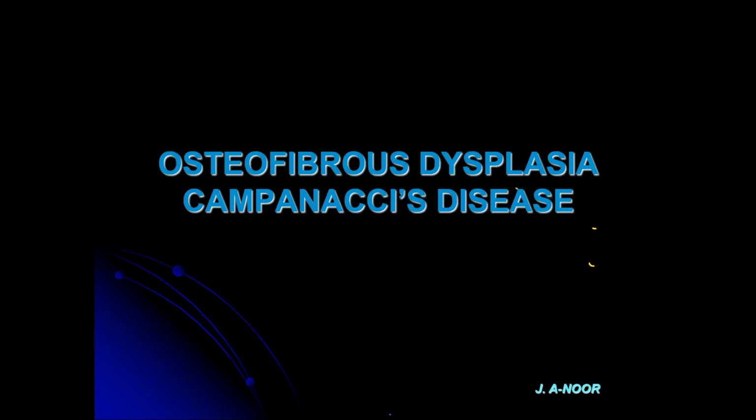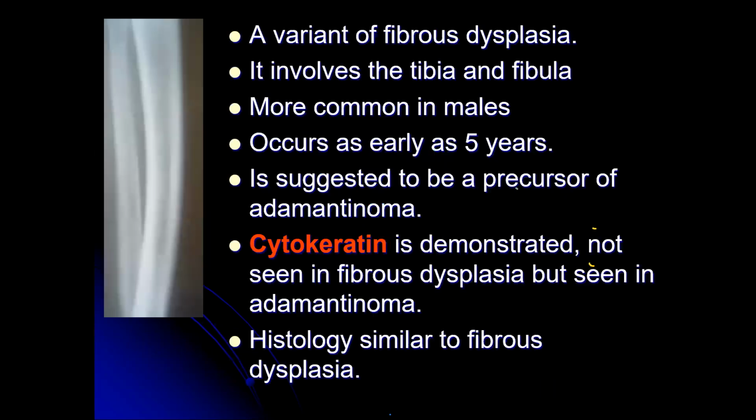Osteofibrous dysplasia, Kempson-Campanacci disease. This occurs mainly in children around the age of 5, and you see that cytokeratin is present in the lesion. It is typically like a fibrous dysplasia, but you have cytokeratin in it, and you don't have it in fibrous dysplasia. And this lesion is related